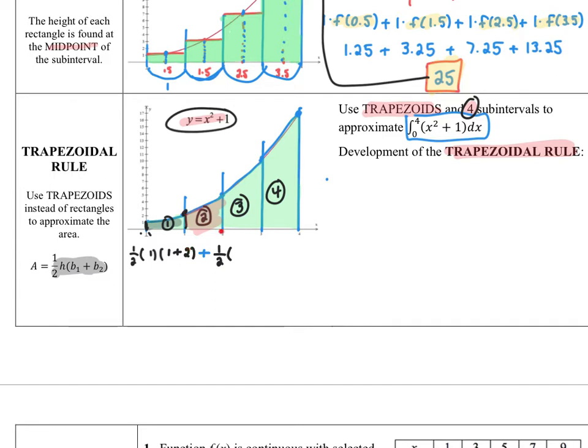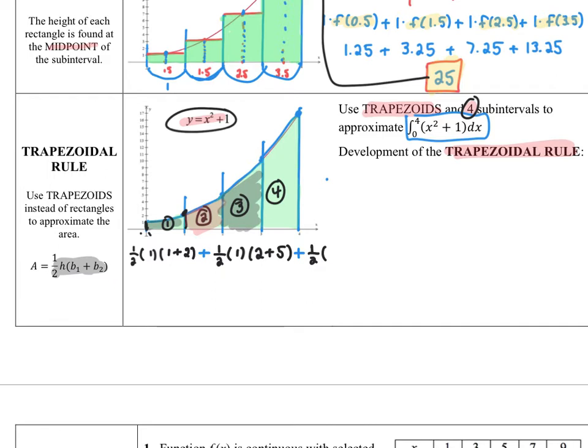And here where the x is 2, I can plug it into my function and see I reach a height of 5. Trapezoid number 3 also has a height value of 1. I'm going from a 2 to a 3, so it's got a height of 1. This base is when the x is 2. I've actually already calculated that when I came up with this 5, because that was the base of trapezoid number 2 as well. Going up at the 3, the length of the base on the right side is 3 squared